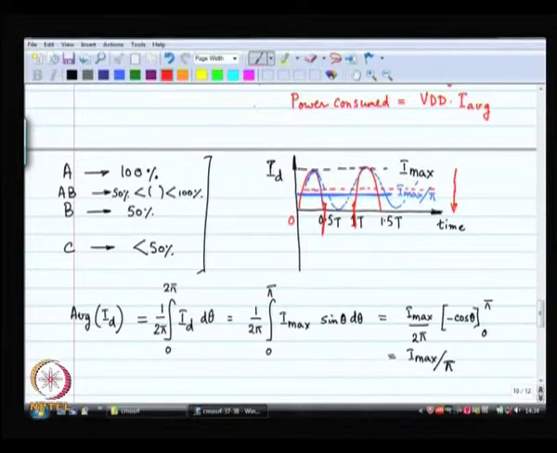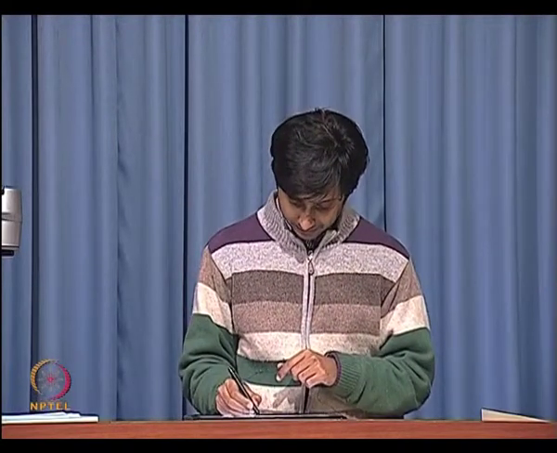So, therefore, all right, let us put it this way. If this is my VDD, if I max times R corresponds to VDD, right, then during this time frame it is going to be off. You understand what I am trying to say? If I max times R is VDD, then at this point of time,